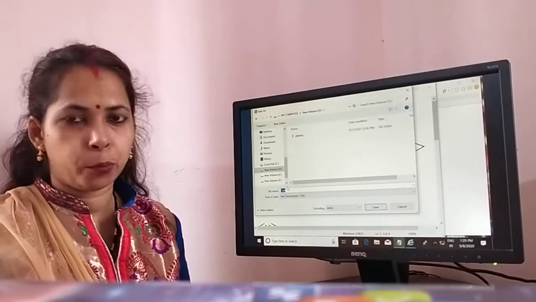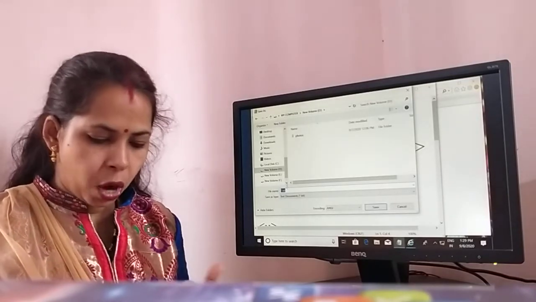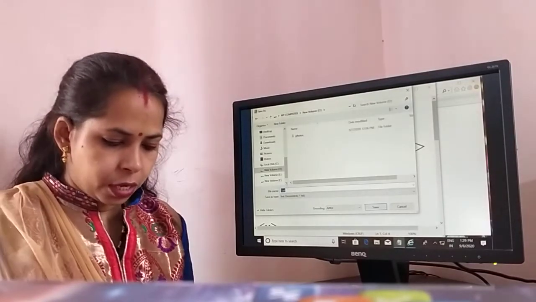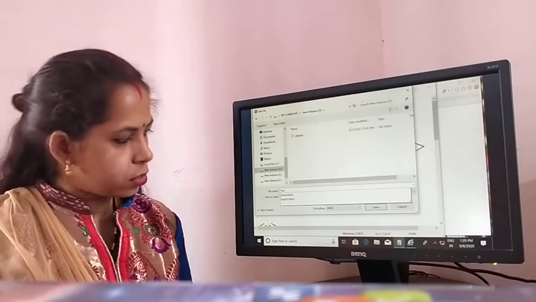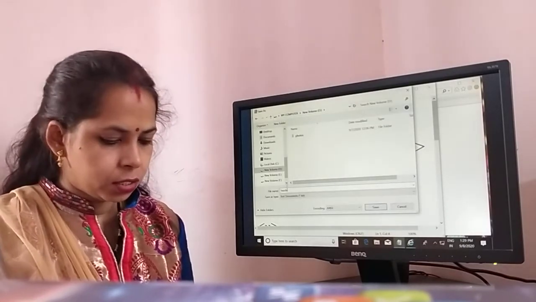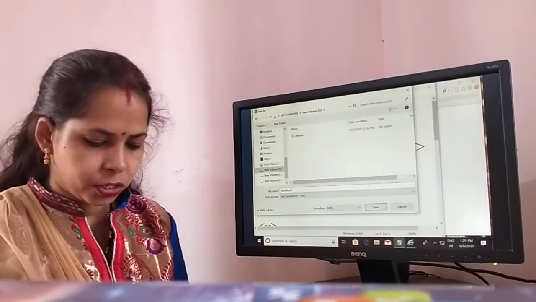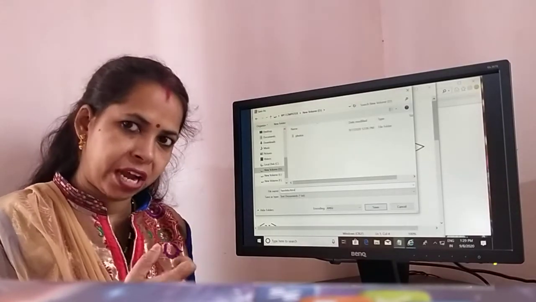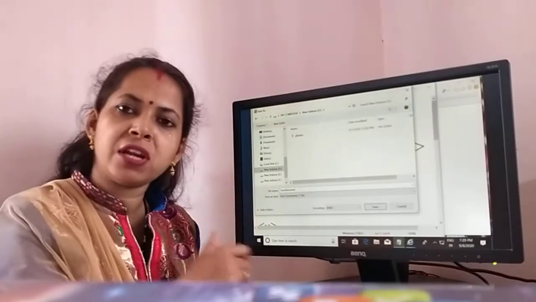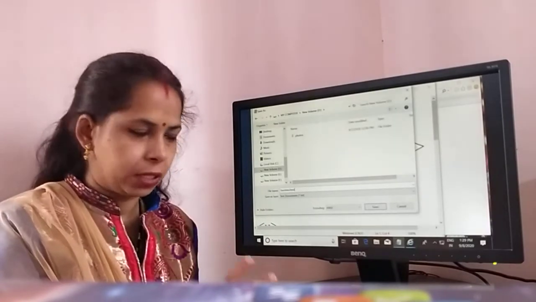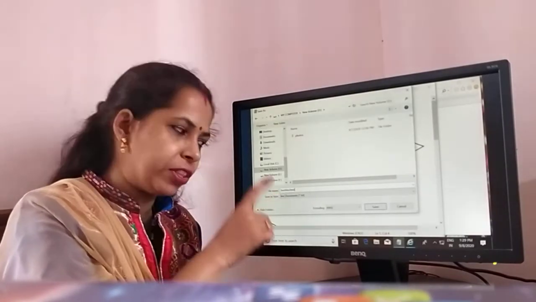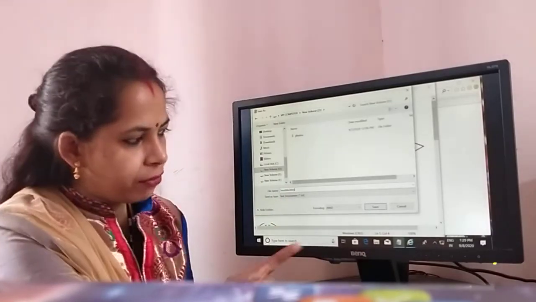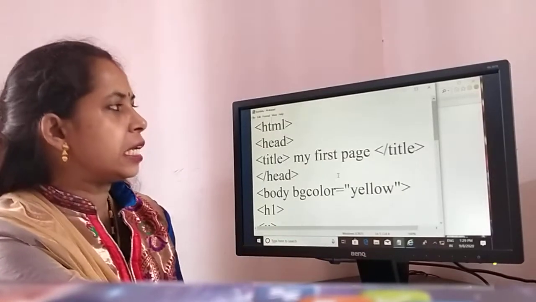Before, the file name was compu, so I write here a new file name, harshita.html. Harshita is my file name, and .html is our extension for HTML programming. So we have to write the file name with .html, click the Save button, it is saved.